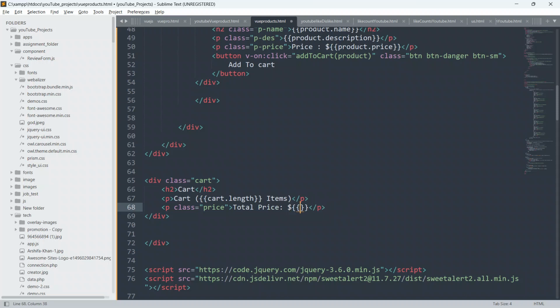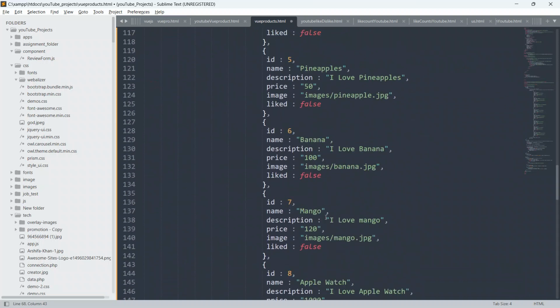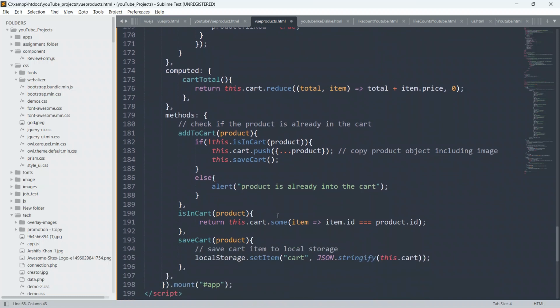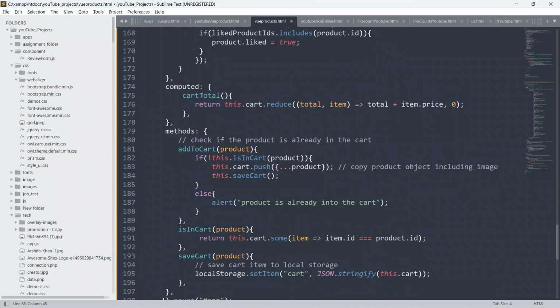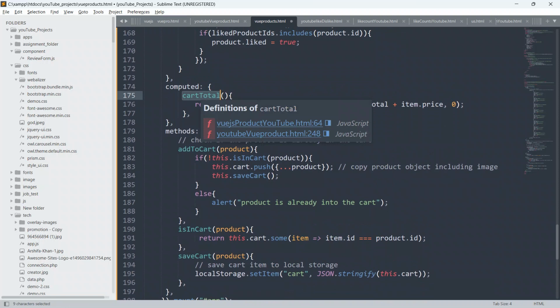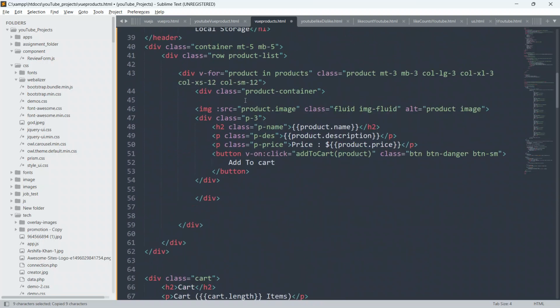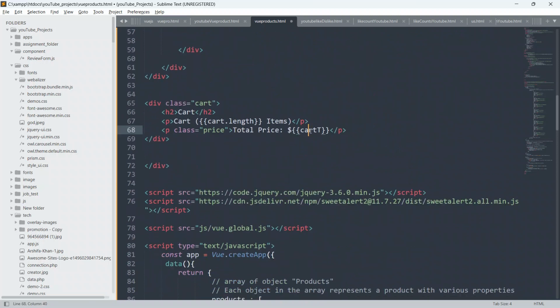And I will do here cart total. Just go here, and copy this cart total from here, because it will return whatever price or value is added. So just copy this cart total from here and paste it here.